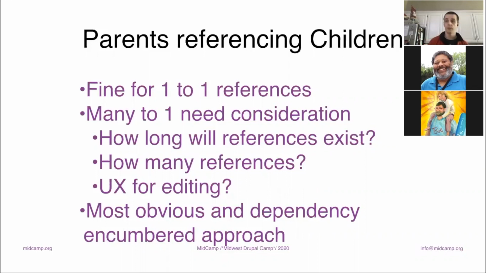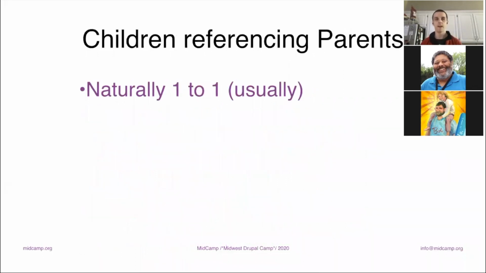It's also the most dependency encumbered approach, and I keep saying I'll talk about that, so I will. Let's talk about children referencing parents. When you have a child referencing a parent, it's naturally one-to-one almost always. There may be some very strange circumstances where a single child might reference multiple parents, but that's not super common. The more common thing is, again, sticking with my project management example, a task can say,